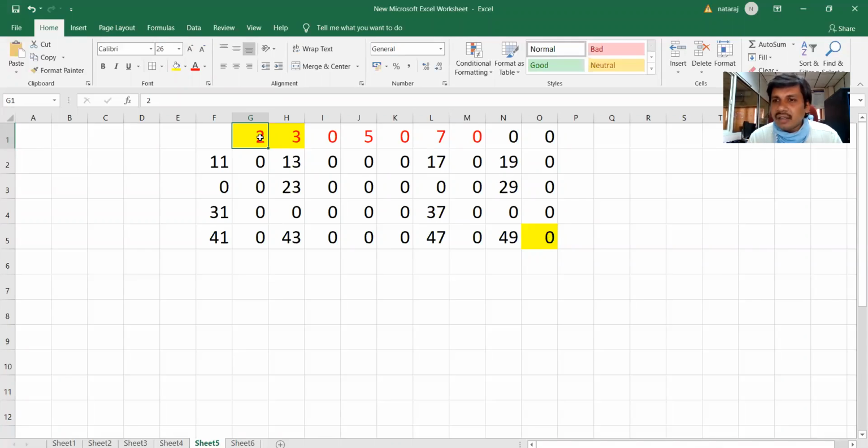A multiple is i into something, right? Else it will lead to index out of range. The list contains only 50 elements. If you are not keeping i into j less than n, it will exceed the list.